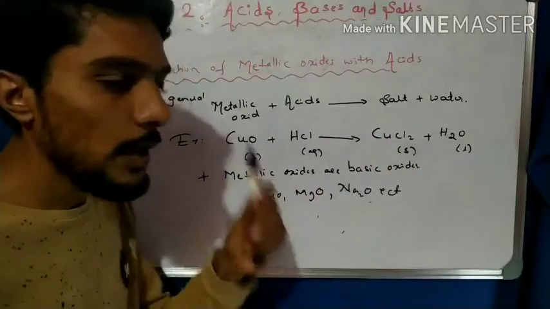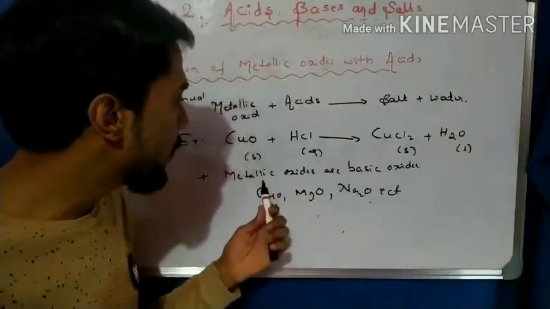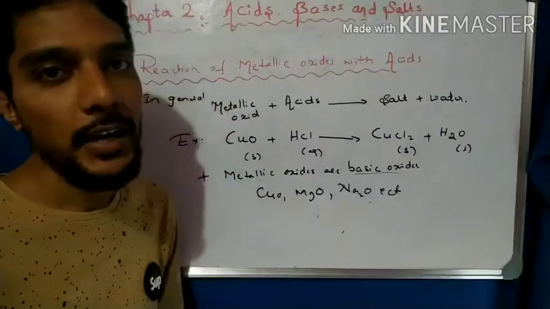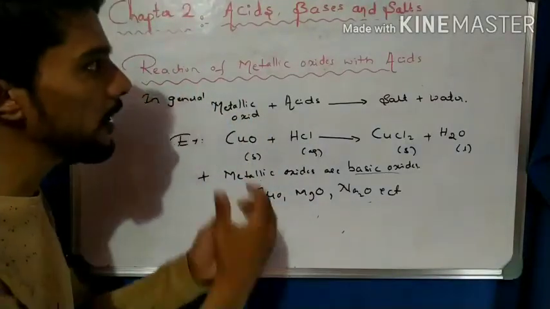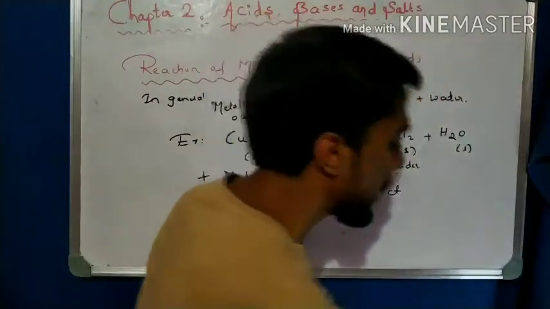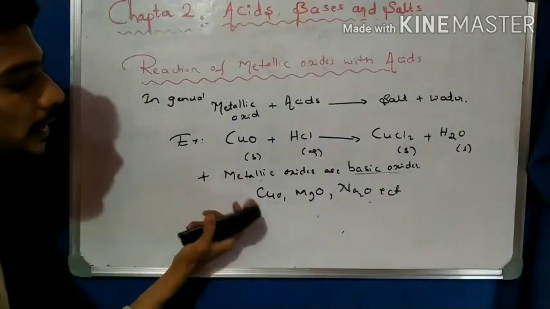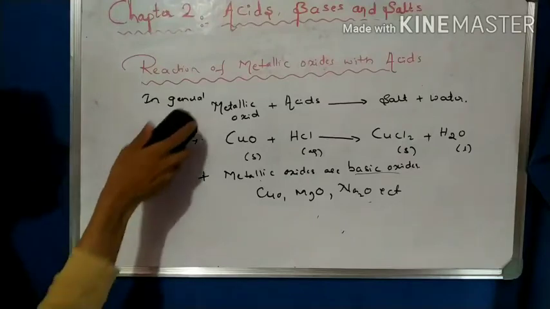Maybe in examination they ask whether metal oxides are basic, acidic, neutral, or none of these. So metallic oxides are basic in nature, right? So these are very important points about the reaction of the metallic oxide with the acids. Now I take another very important point, and you can note this reaction and then example, and then the note: the metallic oxides are basic oxides.